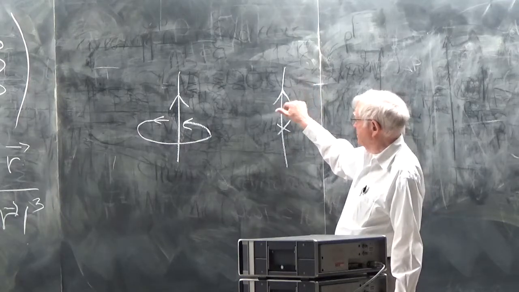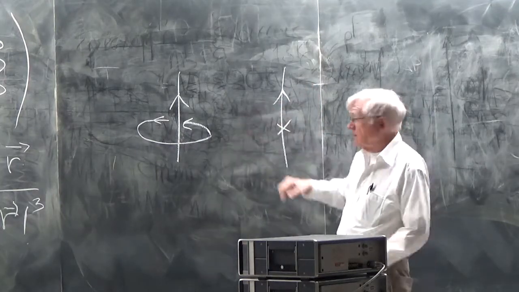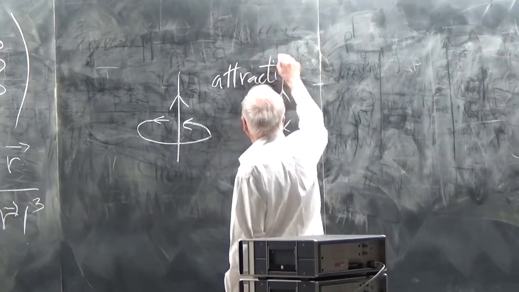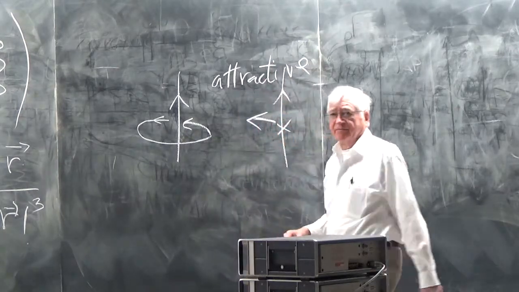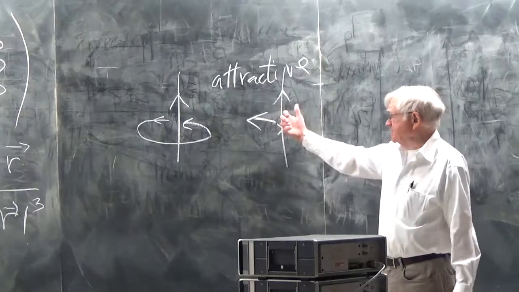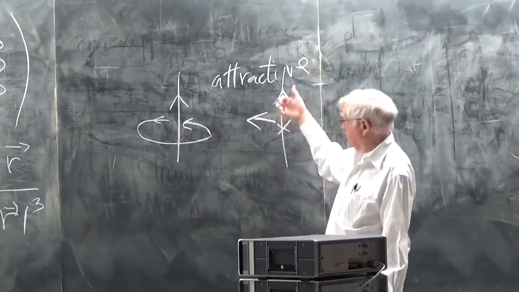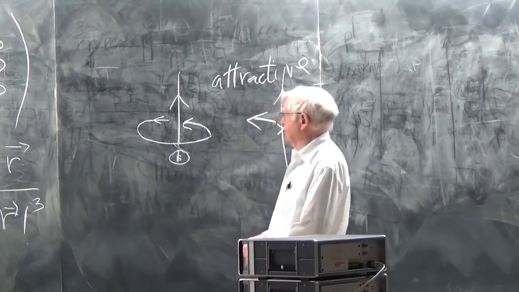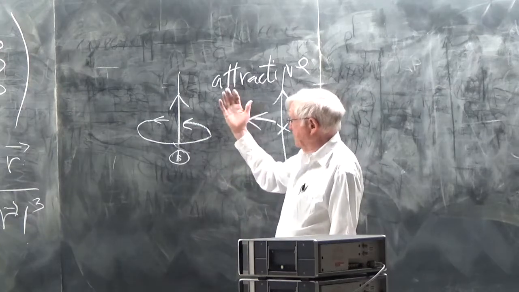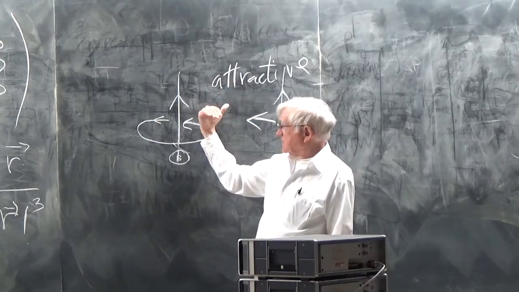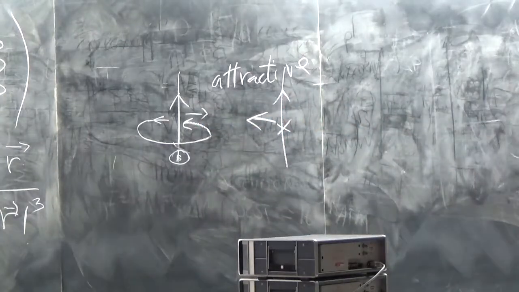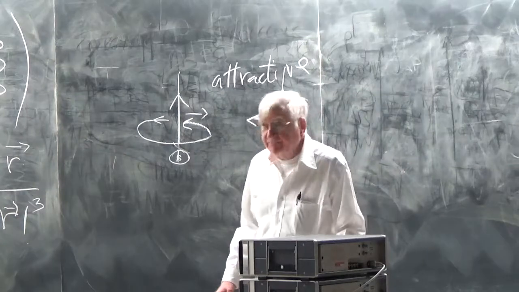So then you have V cross B, you see the force is that way. So this is attractive. In other words, the force is that way. And the effect is mutual. This current makes a magnetic field that's pointing out here. And so you have V cross B, it pulls it this way. So there's a force this way. So the two parallel wires attract each other. Anti-parallel wires would repel each other.